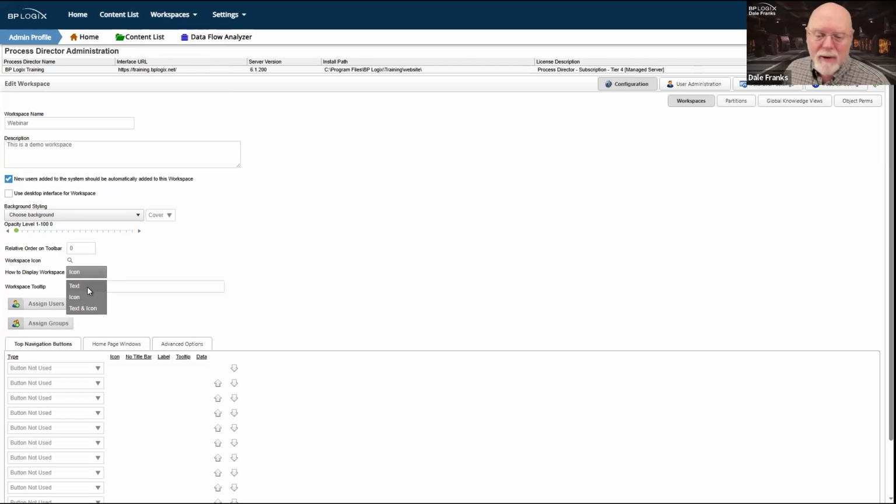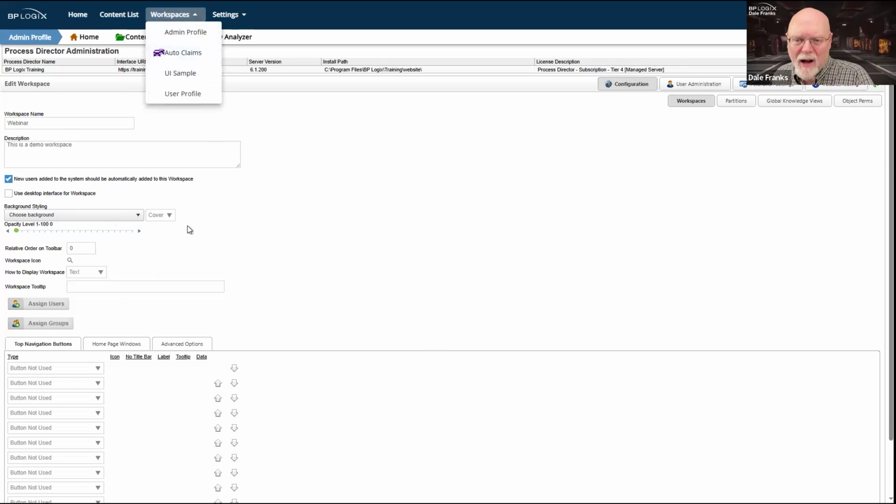I think probably in version 6, text or text and icon are the only two options that you need to consider. I think simply showing an icon in this drop-down menu is a waste of time. There's no reason to do that because we don't have the horizontal space question that we have to deal with anymore. So I simply would never use icon for setting up my workspace display.